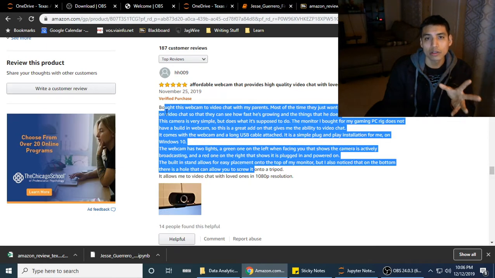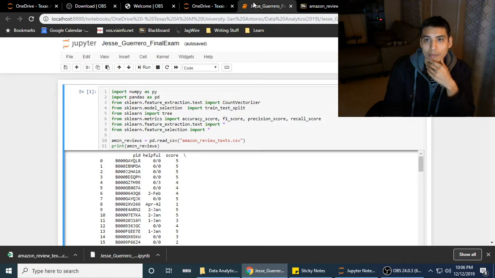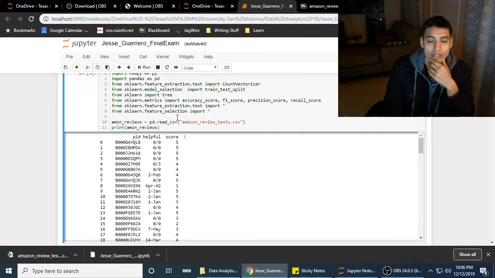It's called encoding. You convert it into numbers, and you create a mathematical algorithm out of the words. What this means is you take the words, you turn them into numbers, and you create a model, like a mathematical equation where the x, the dependent variable, is the words in the review, and the independent variable is the 5 stars. So we actually did this for my final exam in my data analytics course,